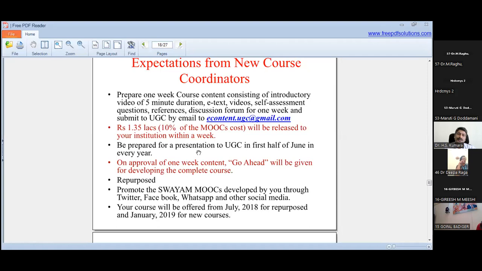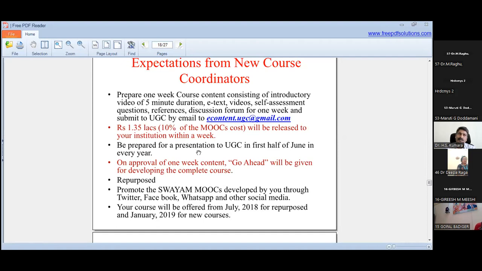Directly, 2 lakh is the honorarium for the coordinator for developing the content as a course coordinator. The 2 lakh is given as honorarium. This is also one of the interesting things, encouraging the faculty to get involved in developing MOOC courses. The rest is given for the technical reviewer and many other components. The budget breakup and other details are made available on the website.